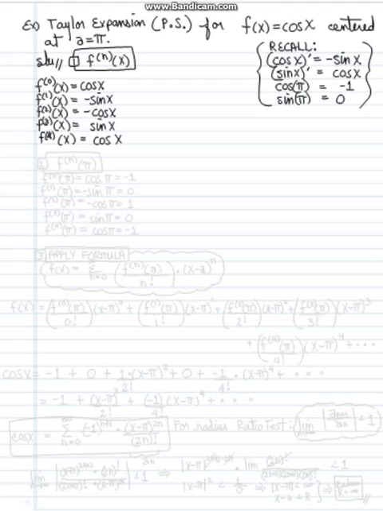Now let's go to step two. Step two says, let's find all these derivatives evaluated at a equals pi. Okay, so we've got the zeroth derivative evaluated at pi. That's the same as cosine of pi. And we see in our little recall box up there that the cosine of pi is equal to -1. The first derivative evaluated at pi is negative sine evaluated at pi, and that gives us a 0. And let's just go ahead and fill these out. The second derivative, the third derivative, the fourth derivative, at pi,